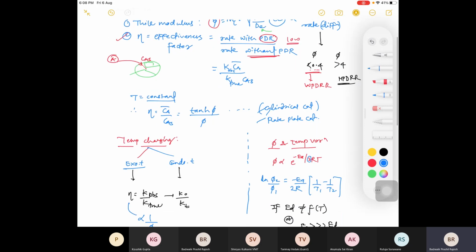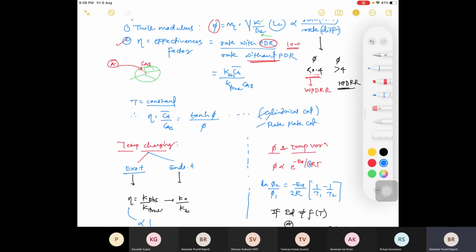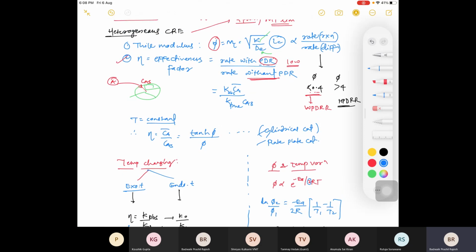So you can see the effectiveness factor; I have written the definition here. Based on that, I told you when there is pore diffusion resistance, I need to calculate the average concentration, and I'll have k observed times C_A bar. And if there is no pore diffusion resistance, I'll have the true value and the concentration C_A. So everywhere inside I go, the concentration will be C_As, right?